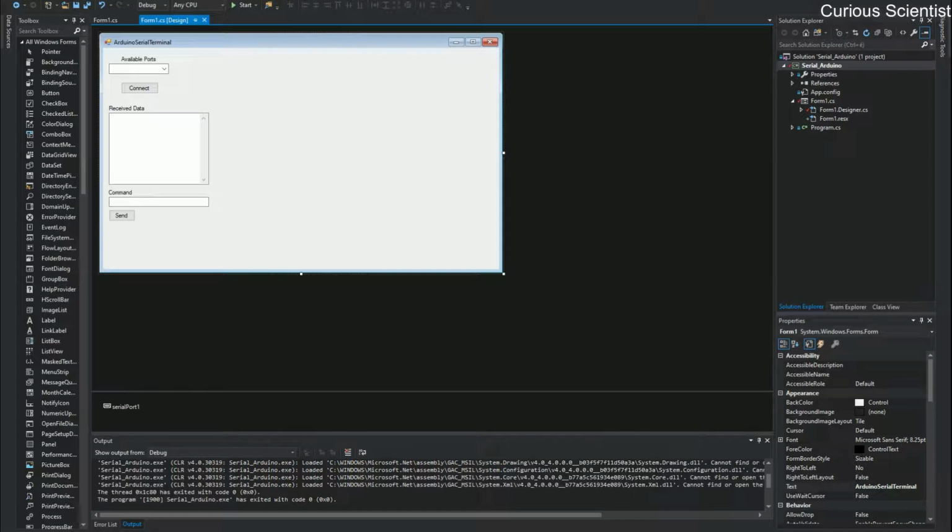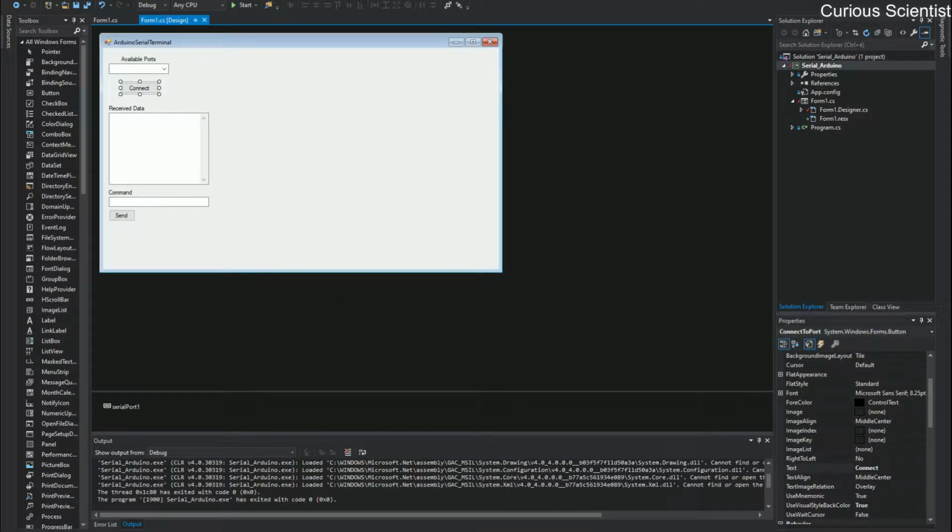So we can select the Arduino from the COM ports, and then we can receive data and send data to the Arduino. And as you can see on the screen, we have the window here, and now I rearranged the